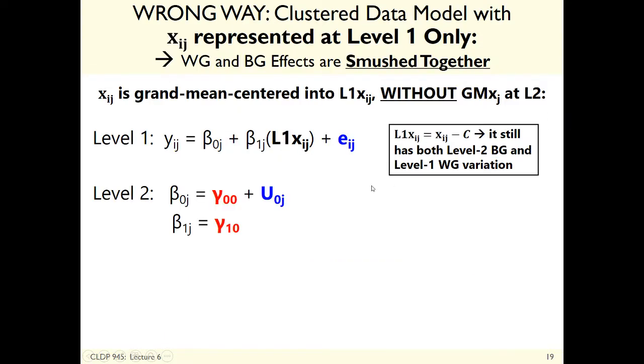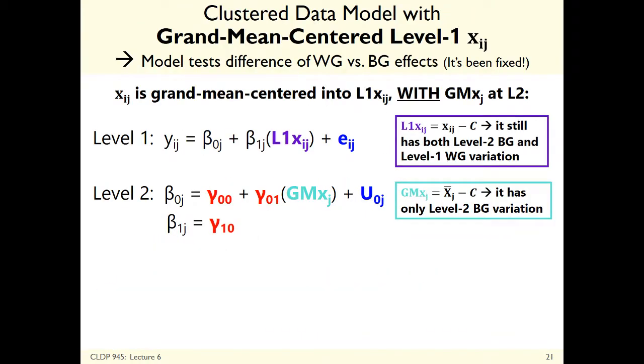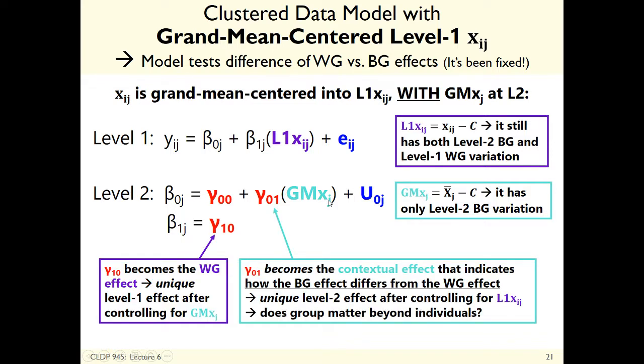So this is the wrong version, again, smushing. Level 1 X put in all by itself, that's wrong, right? When I do this, what am I assuming about the effect of my X predictor? Same effects within as between. Said differently, I'm assuming there's no contextual effect. So to fix it, I can put in the group mean at level 2, which then carries the contextual effect. And it makes a lot more sense in this context. And for that reason, I think it is a lot more common and potentially more useful to set up your model this way.